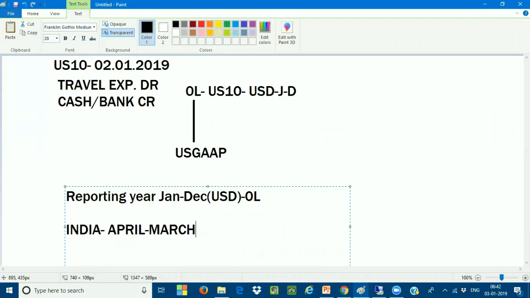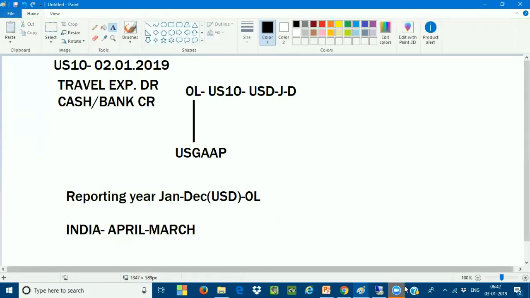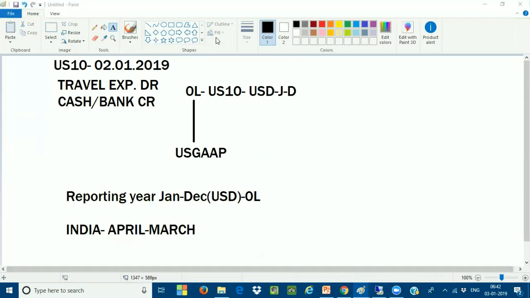Now, let us assume like this. Yeah, anybody has any doubts? Something like 1 second. Yes, Mahesh. You're talking about the chart of accounts, right? No, chart of accounts will not come over here. I'm just talking about the currency and the ledgers here.